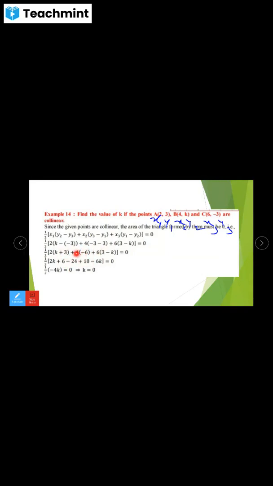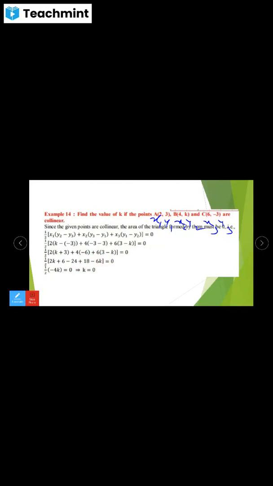the sign in between the open brackets. So this is the open bracket, this is the closed bracket, open bracket, closed bracket. So we have to multiply the sign between the brackets always. So plus into minus is minus, 4 6s are 24, plus 6 3s are 18, 6 into minus k is minus 6k equal to 0.